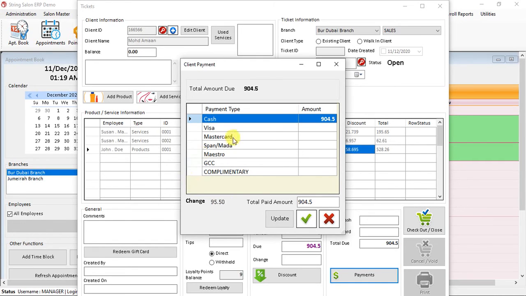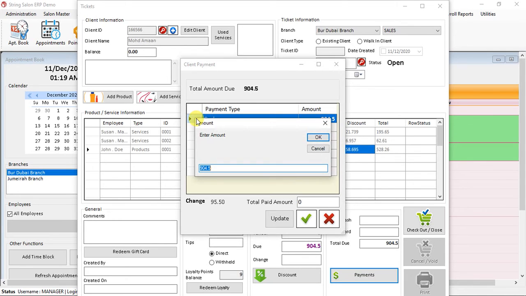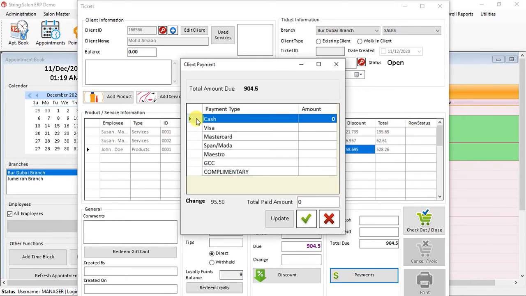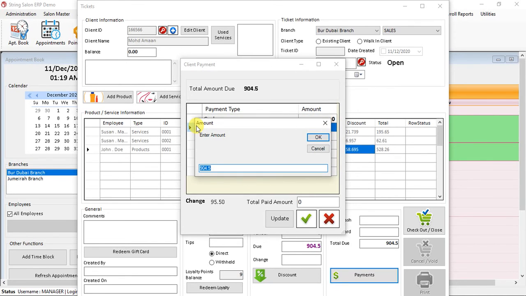Or it can be multiple payments or split payments. For that, you need to first give the card payment, then the cash payment if they are paying in such a way. If the change they want is there, meaning they give a higher amount than the cash, for that we will split this payment as 700 by Visa card.